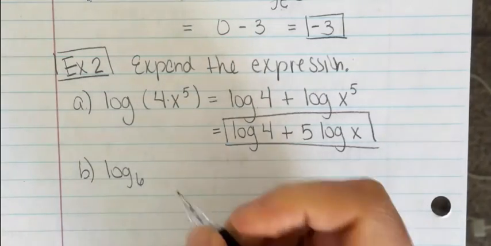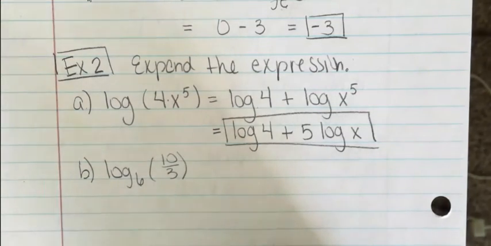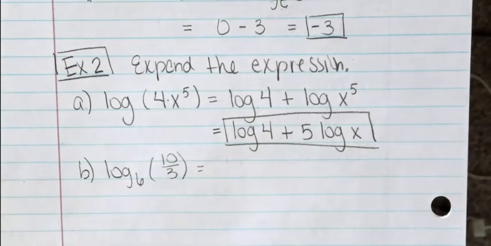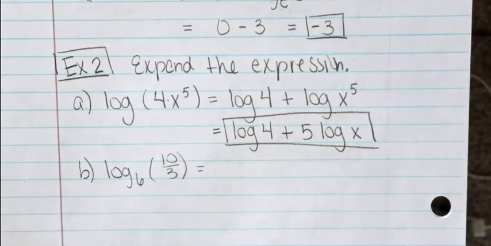Log base 6 of 10 divided by 3. Okay, so you can notice this is a quotient. And there's a reason we would expand this. It might be so that we can change our base later on and not have to work with a compound fraction. Okay, so notice this is a quotient,